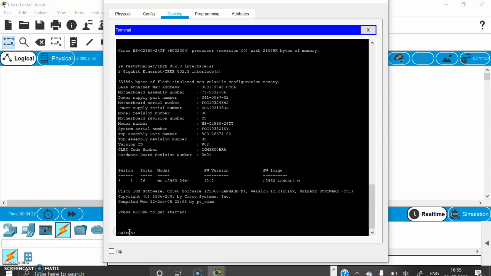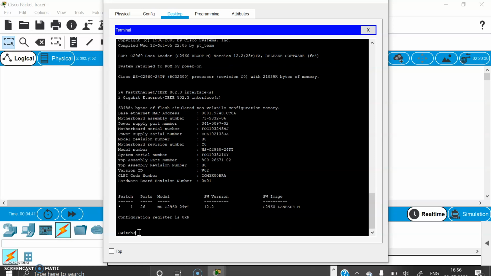The switch is now in user EXEC mode. Now we want to see the version of the device which was connected to the PC. For that, we are using the command show version. Okay, enter.